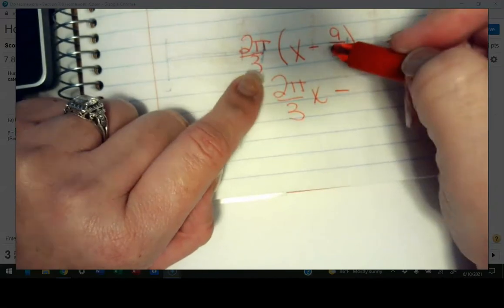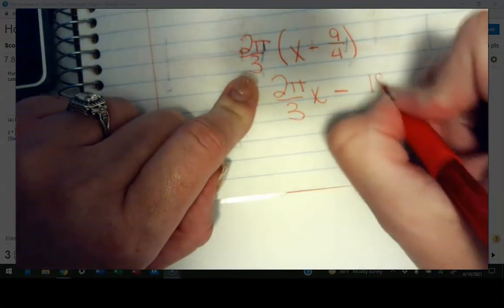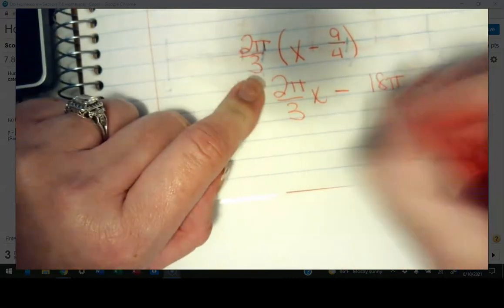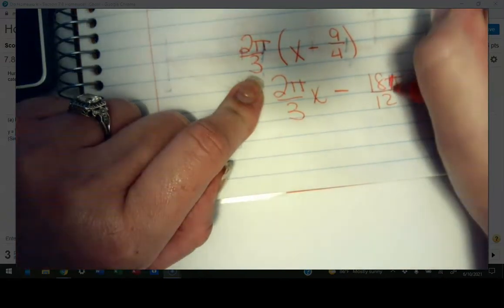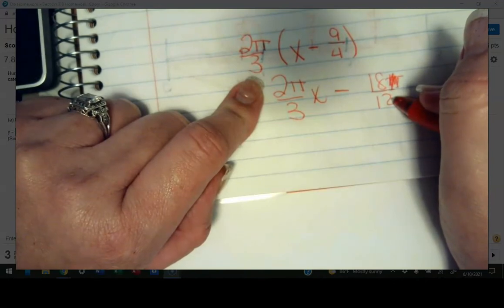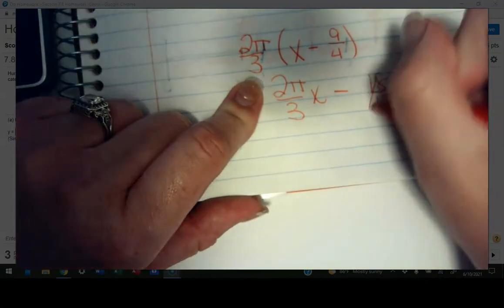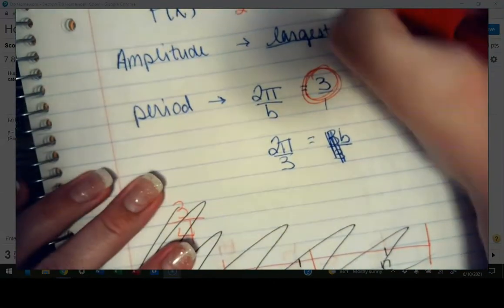So 2 pi over 3 times x is 2 pi over 3x minus, and then my 3 and my 9, I don't trust it. I'm too tired to do this. So I've got 2 pi times 9 is 18 pi over 3 times 4 is 12. I can divide those by 6. It's not pi. I can divide both of those by 6. So my 18/12 is actually going to reduce to 3/2. So this part is now minus